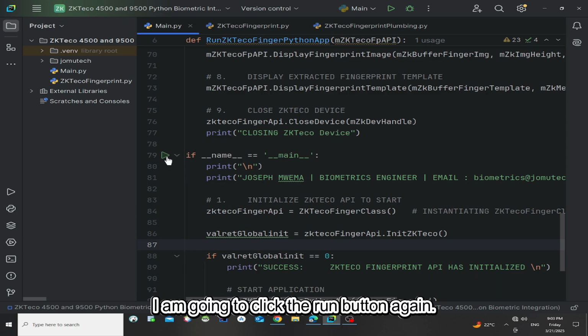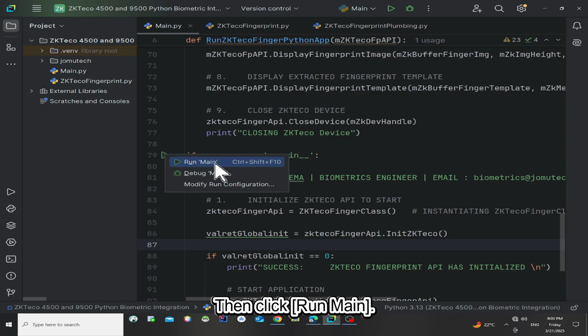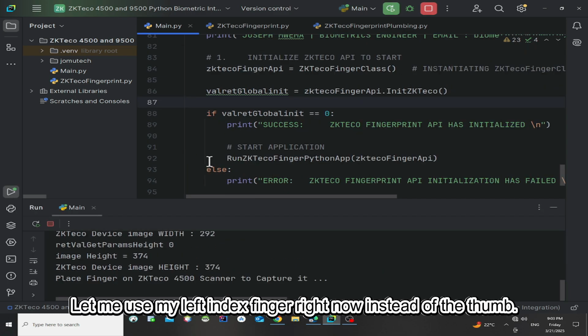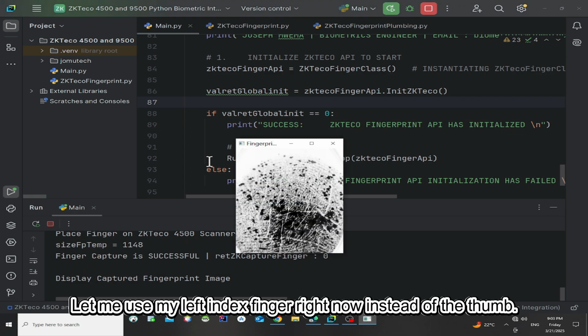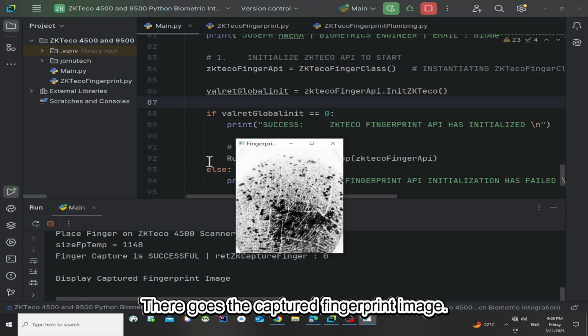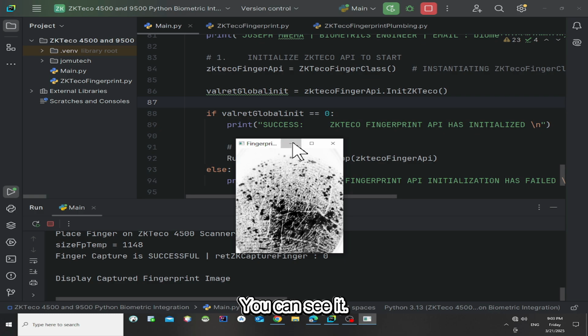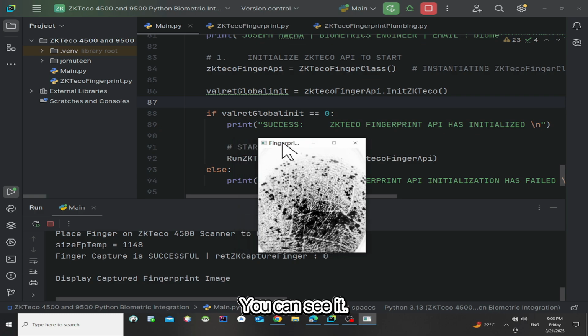I am going to click the run button again, then click run main. Let me use my left index finger right now instead of the thumb. There goes the captured fingerprint image. Hope you can see it. Let me minimize it.